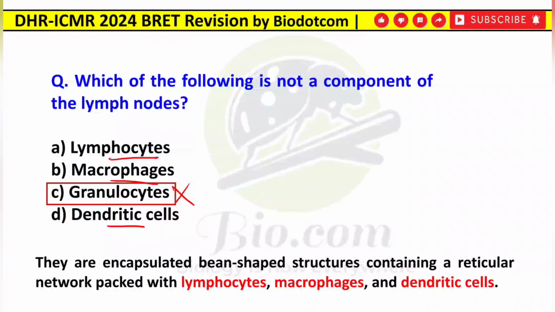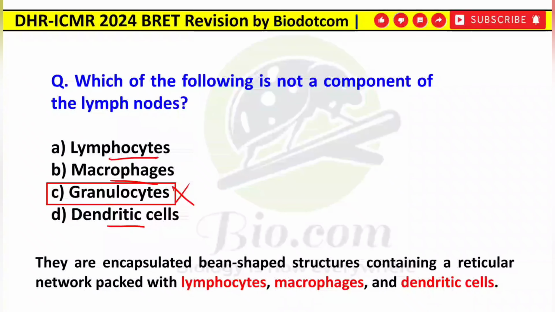So they are encapsulated in a bean-shaped structure containing a reticular network which consists of lymphocytes, macrophages and dendritic cells. ये लाइन बाय लाइन आपको क्यूबे पढ़ेंगे तो आपको ये सारी चीज़ें मिलेंगी उसमें. So लिम्फ नोड का कंपोनेंट क्या नहीं है? तो granulocytes are not the component of lymph node, and the other three are the components which are encapsulated in a